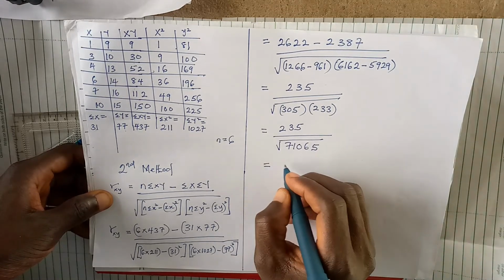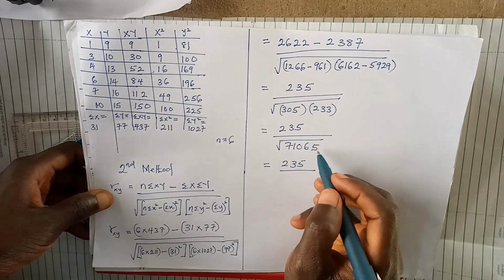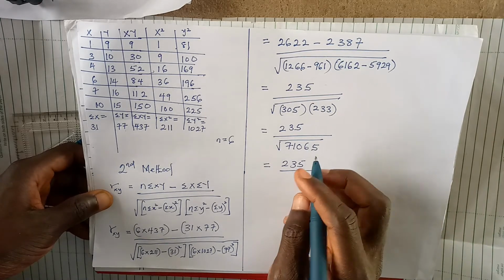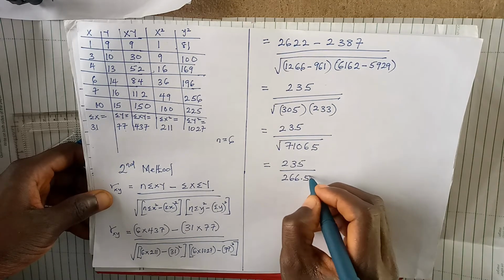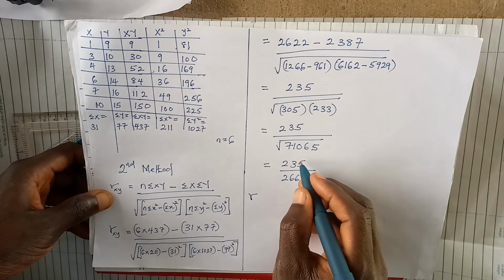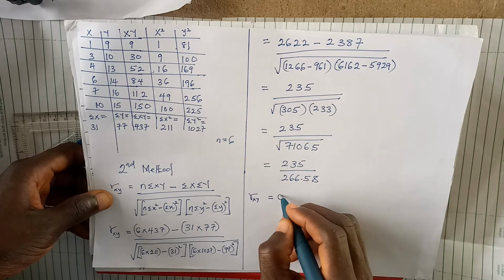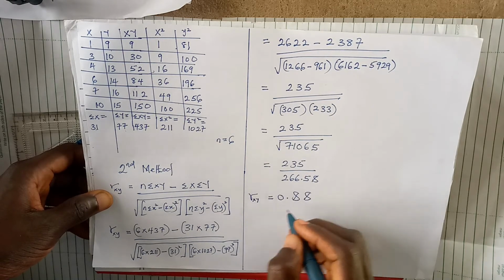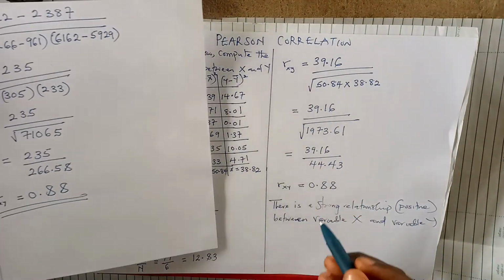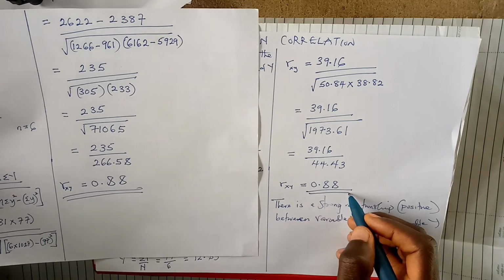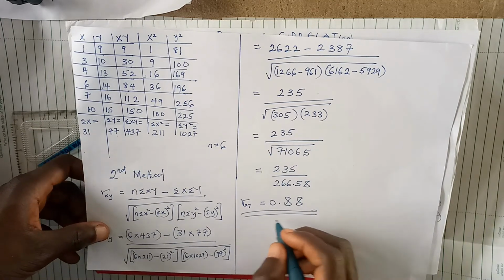So now we have 235 divided by the square root of 71065, to 2 decimal places, is going to give us 266.58. Now divide this by this, and we are going to have our r of xy giving us 0.88, which is not different from the answer we got initially in the first method. In the first method we got 0.88, and here in our second method we still got 0.88, and this denotes